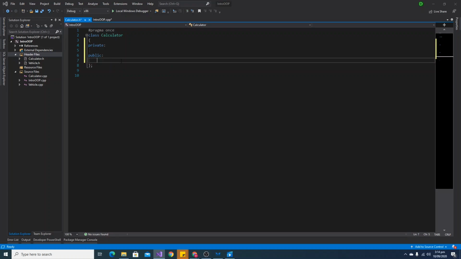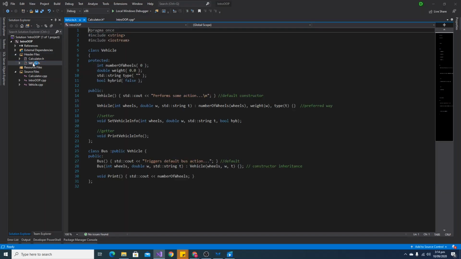What I'm going to do is define two functions called sum, and then I'm going to overload it. So we've already seen this concept in our vehicle class where we overloaded. So let's take a quick look at our vehicle class again. So we're here where we have overloaded our vehicle constructor. This is a prime example of function overloading. However, let's